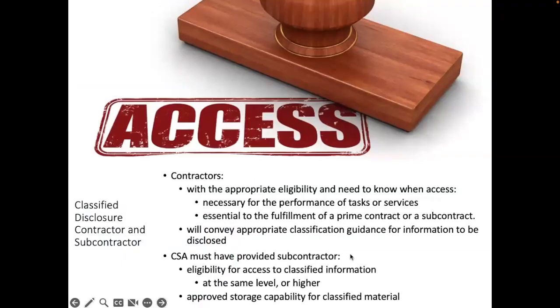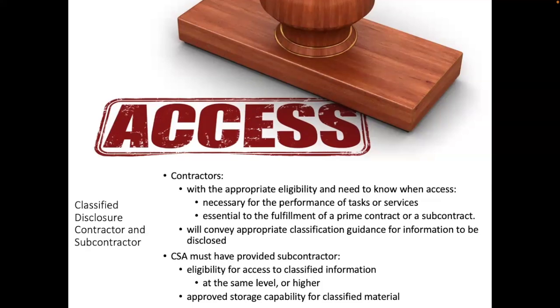Now, the disclosure of classified information to contractors and subcontractors. There are times when, as part of your contract, you as a subcontractor may receive classified information from a prime contractor. Or there are times where you, as a prime contractor, may disseminate classified information to your subcontractor. And as the relationship indicates, there must be a contractual relationship. One cannot share classified information just because the other has the same clearance level. It has to be part of need to know as well as on contract.